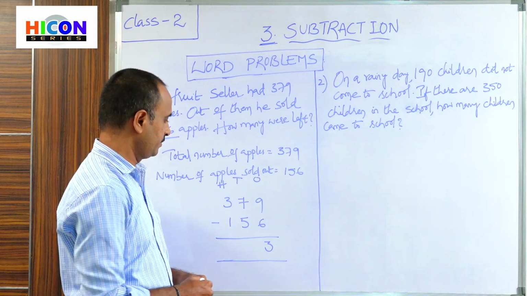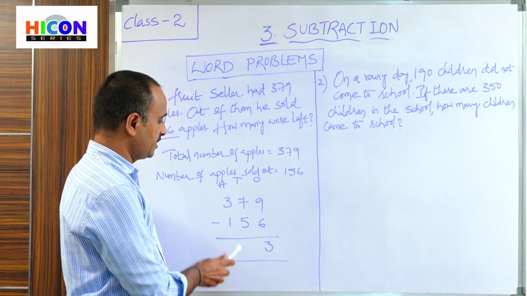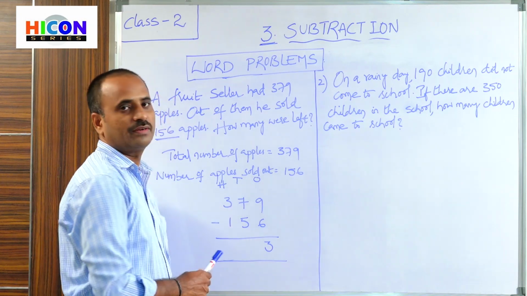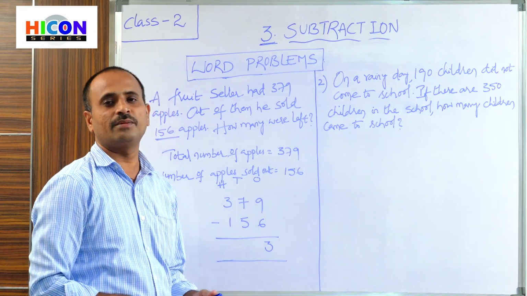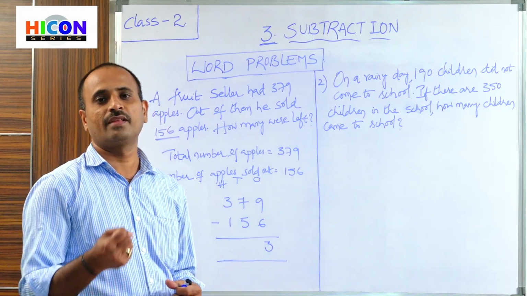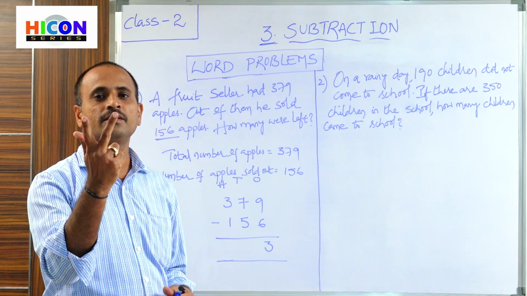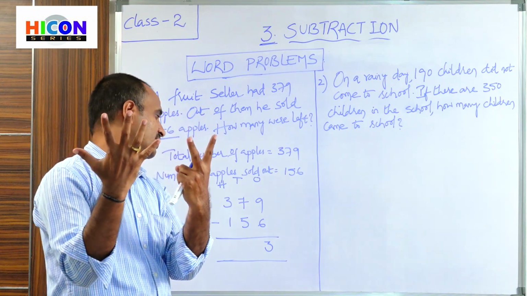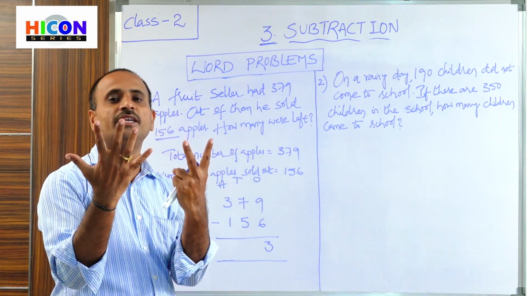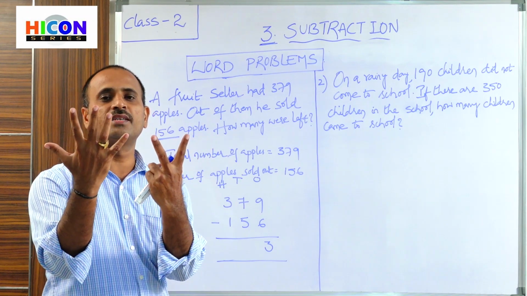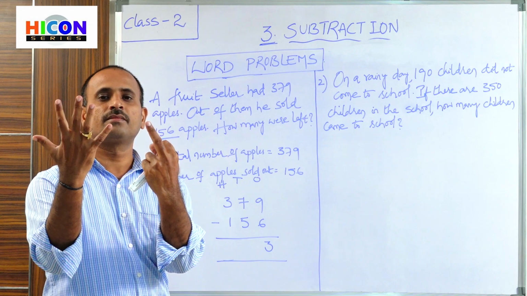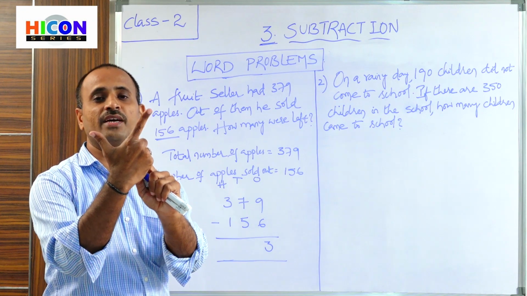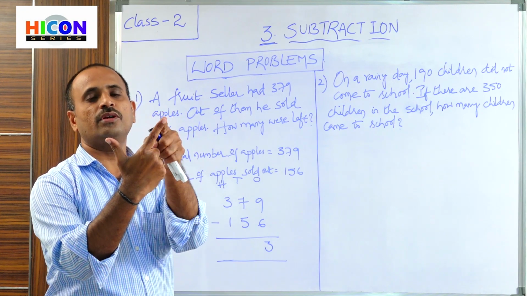Now go to the tens place. What digits are present under tens place? 7 and 5 are present under tens place. Now subtract 5 from 7. What is the first number? 7 is the first number. So open 7 fingers of your hand. 1, 2, 3, 4 and 5, 6, 7. These are the 7 fingers. What is the second digit in the tens place? 5 is the second digit in the tens place. So close 5 fingers out of these 7 fingers. 1, 2, 3, 4, 5. Children, how many fingers are left? 1, 2. So total 2 fingers are left.